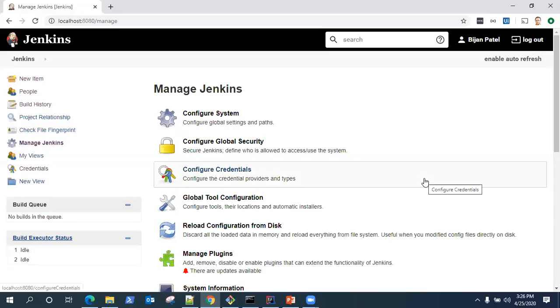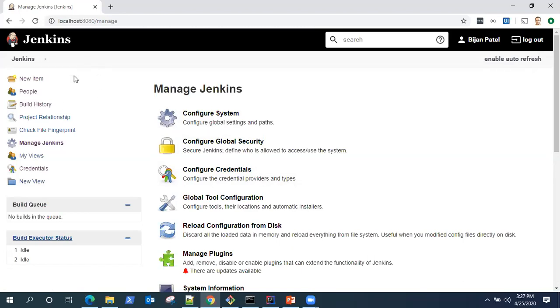Now, I already explained how Jenkins does every task with the help of plugins. So plugins are the backbone of Jenkins, and you need to install a lot of plugins in order to do a lot of tasks, right? So every task which you want to do, like you want to work with a Maven project, you need to have a Maven plugin. If you want to connect to your Git, you need to have a Git plugin. So similarly, a lot of different plugins are required.